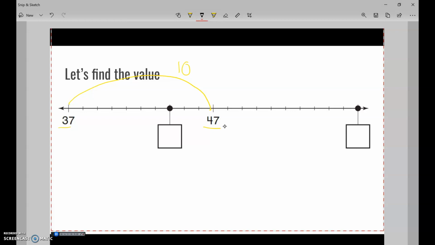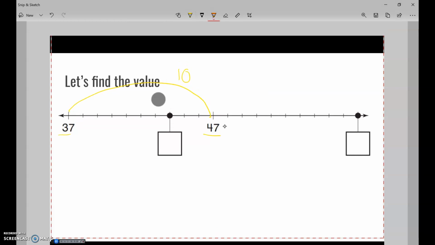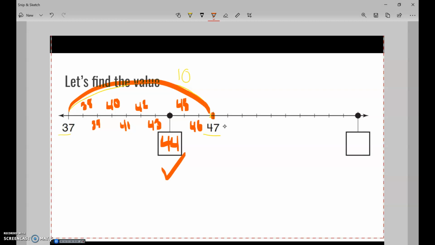I had to count by ones because I'm doing tenths. I'm going to change the color. So this is 38, 39, 40, 41, 42, 43, 44, 45, 46, and 47. And I did that to make sure it worked. It is counted by ones because I did an interval of 10. See that? Now that I know that's 44,